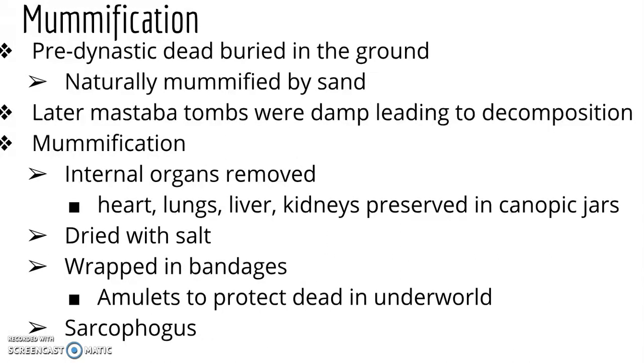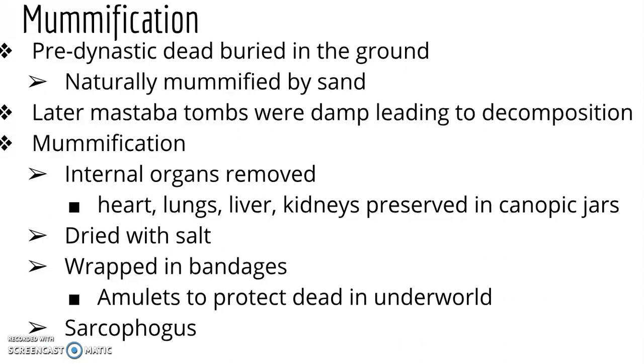Mummification. So during pre-dynastic times, the dead were buried in the ground. So they just took a hole in the ground, and they buried their dead in the desert. Now the sand dried out the body and naturally mummified it, causing the skin, instead of decaying, to be naturally preserved. Now, when later mastabas and other rock tombs are first built, they get damp inside, and this damp interior leads to decomposition. Fearing that this would have some negative impact on the deceased, the Egyptians began a process